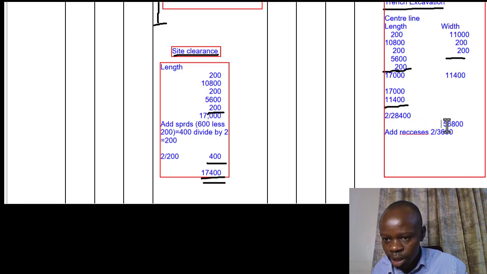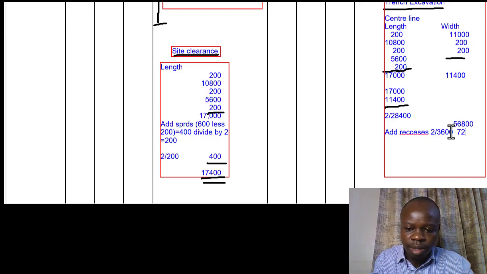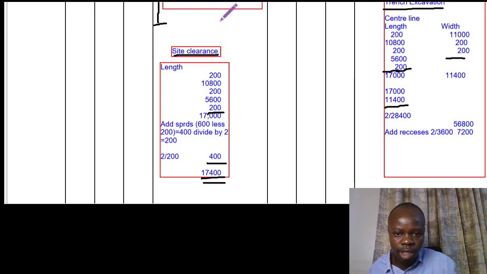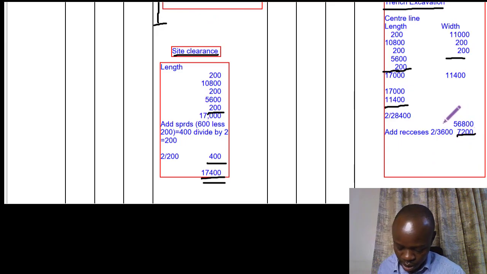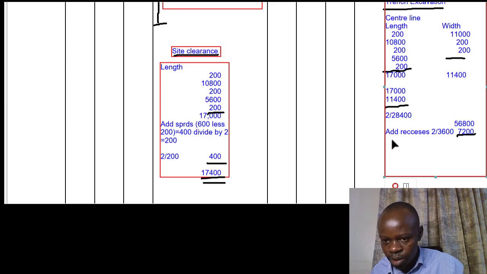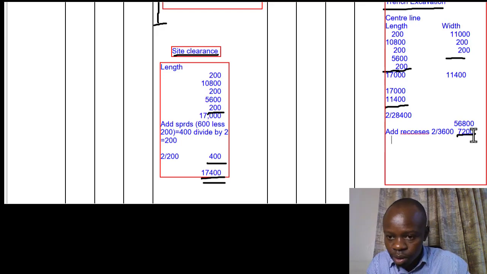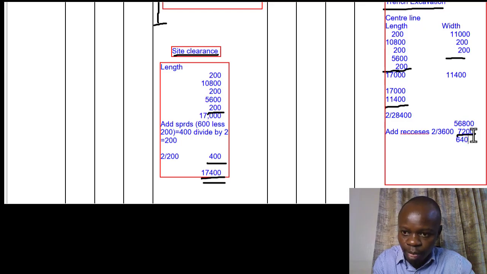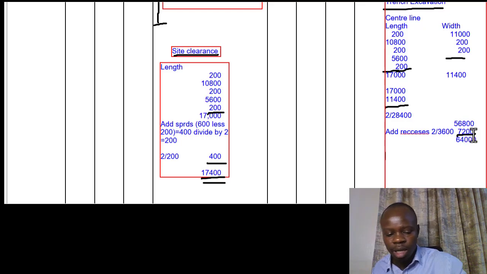So we take this, and then we add 7200 to what we've calculated. So from there, when we add these two, 7200 plus 56800, you get 64,000. Okay, you get 64,000. So from the 64,000, that becomes the total. Yeah, so this is 64,000, and then we now less